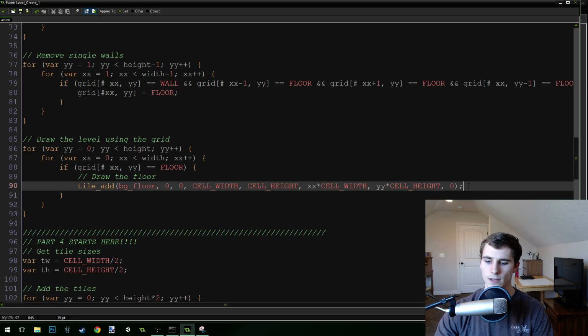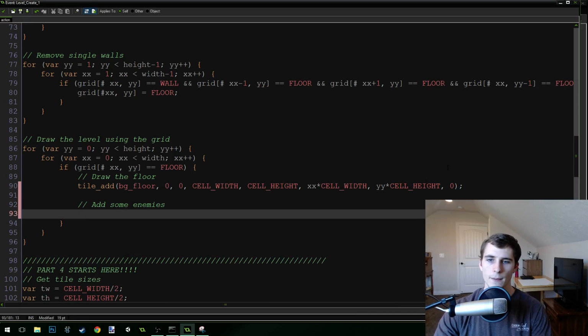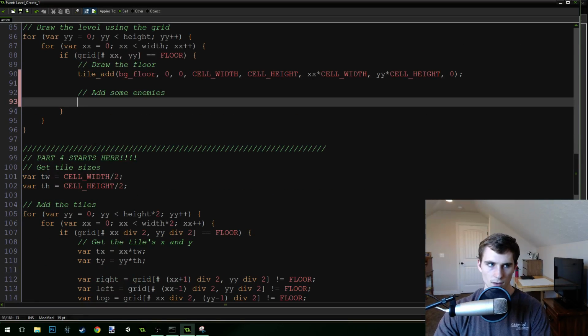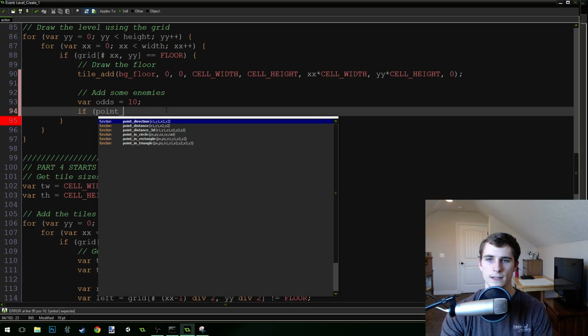So I'm going to hit enter and add some enemies. I'm going to create an odds variable, a temporary variable for odds. Var odds equals 10. Okay. And then I'm going to do an if statement here. If point distance